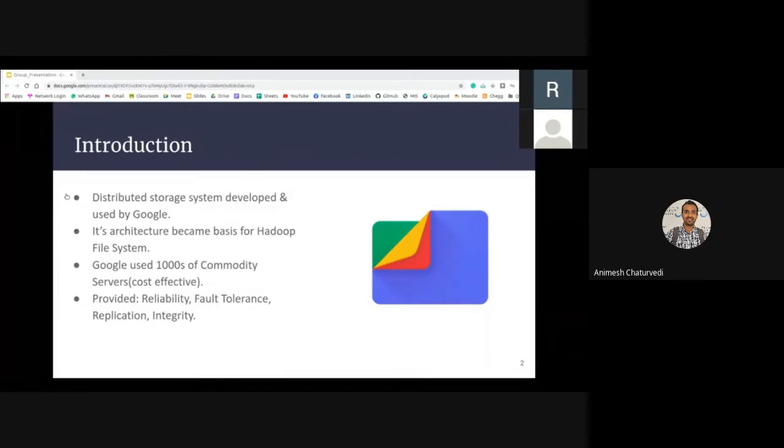So in this project, we have implemented this small Google file system, which is based on Python servers. And in this presentation, we'll see these servers and what they are like and how they work. Apart from that, we will be differentiating between the chunk sizes and which chunk size will be the best for the system.